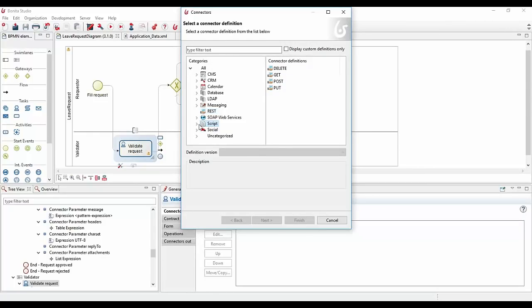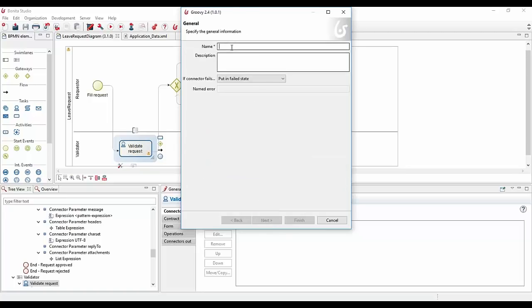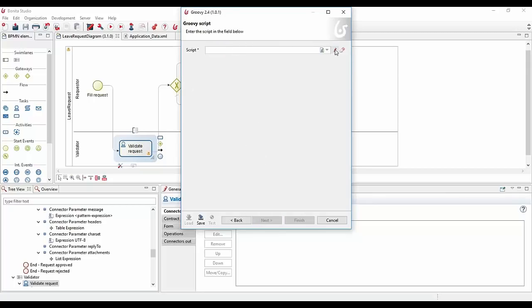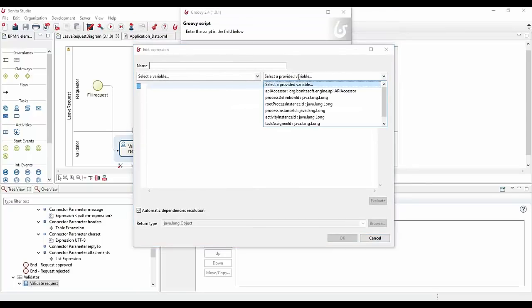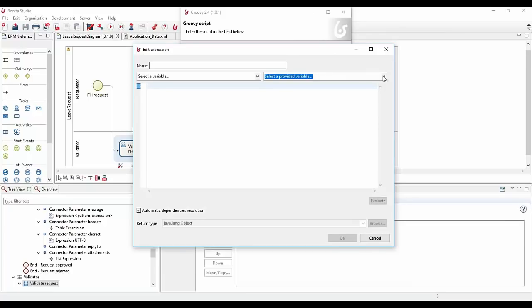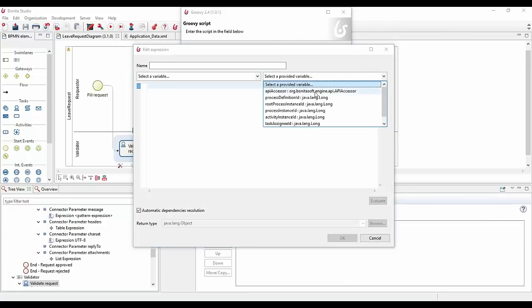But you also have script connectors. And the script connector that you will be using most of the time will be the Groovy script connector. So to answer the question, if you need to do something as part of a connector, and this will be done in a Groovy script, then you can do Groovy script here, and then you can provide a name for this execution. And then in the script, the good thing is that you have provided variables. Each time you write a script, by the way, you will have that.